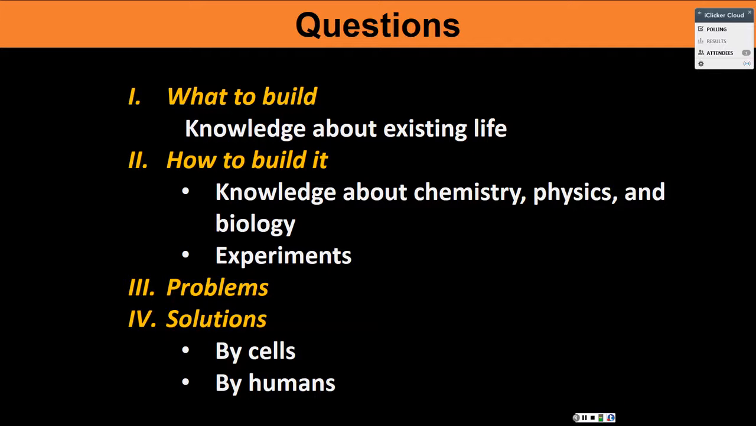To determine what to build, we need to think about what we know about life, what you can observe, right? To answer the question how to build it, that will be based not only on what we know about life, but also about chemistry, right? About chemistry of different chemicals, physics, and also, how should we design the experiment to do that? The problems, of course, then we'll see what kind of results we have based on our experiments, and the solution